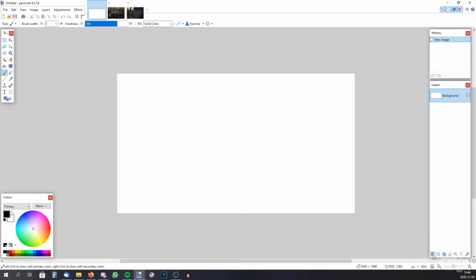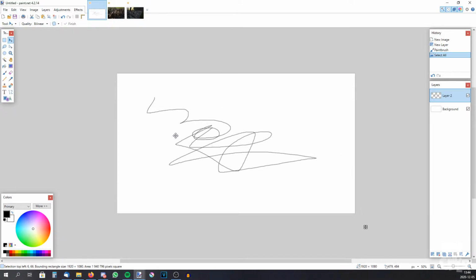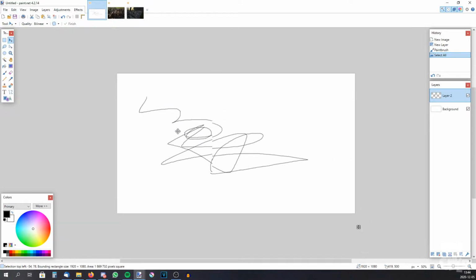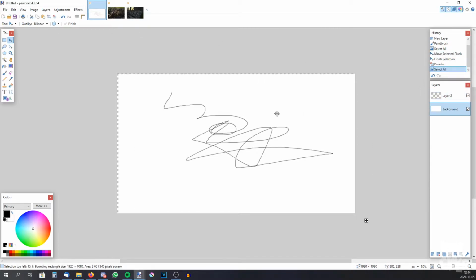So click here to add a new layer. And now you can draw on it, like that. And if we choose the Move tool, you'll see that only the line will move around and not the white background, and that is because it's on a separate layer. If we deselect and select the background layer and move it around, you'll see only the white background moves around